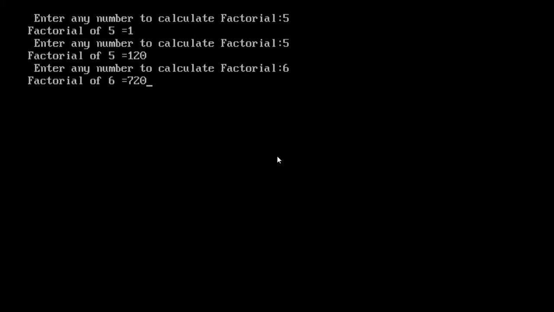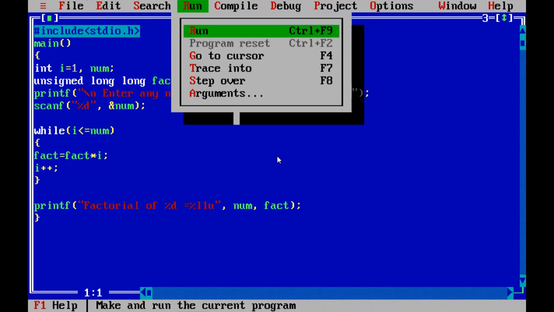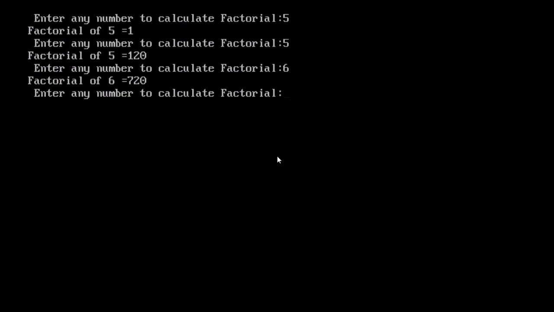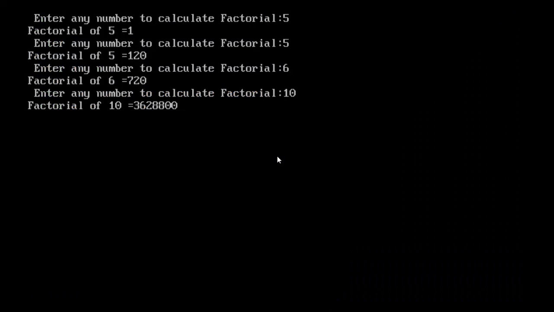The output is 720. Factorial of 6 is equal to 720. We'll run the program again. We will enter 10. You will see this is the output. 36,28,800 is the factorial of 10.